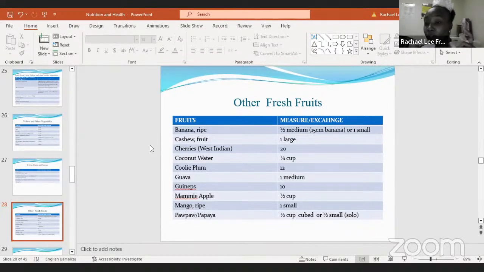But you know, you have the fruit part of the cashew. I think they call it cashew banana. So I guess that's why they have it here under fruits. Yes. Right, and they tell you how much you need. So for guineps, when we are eating,